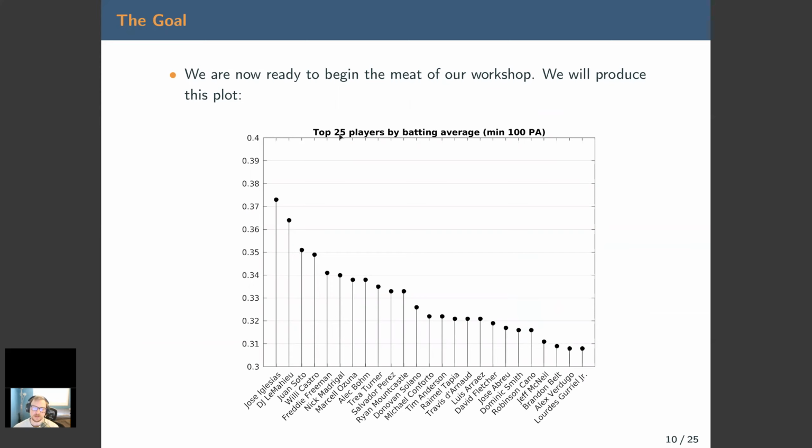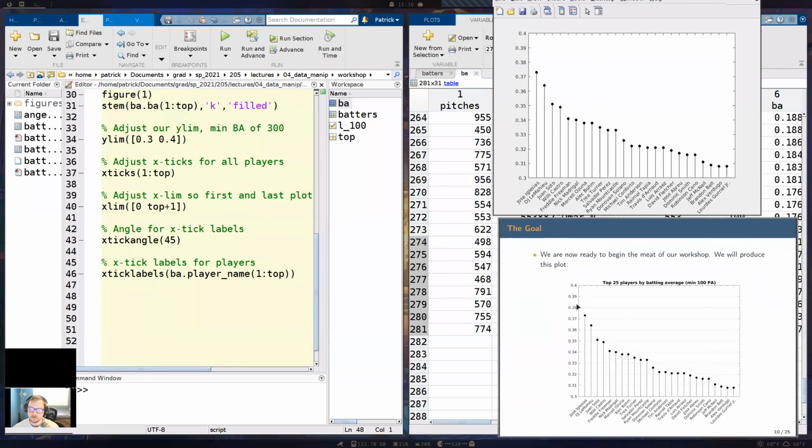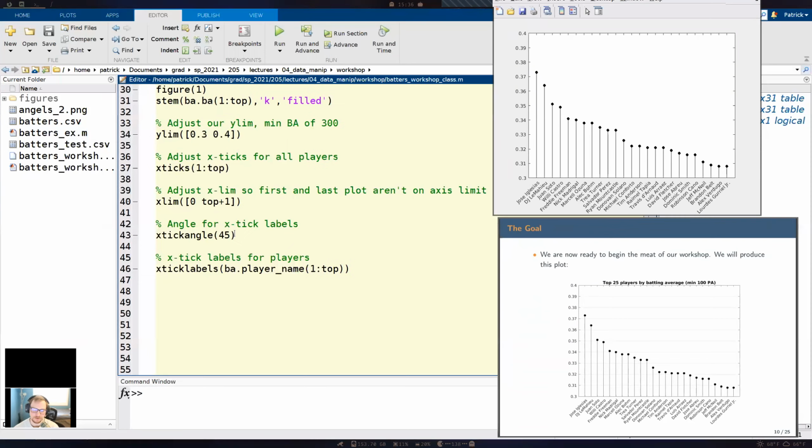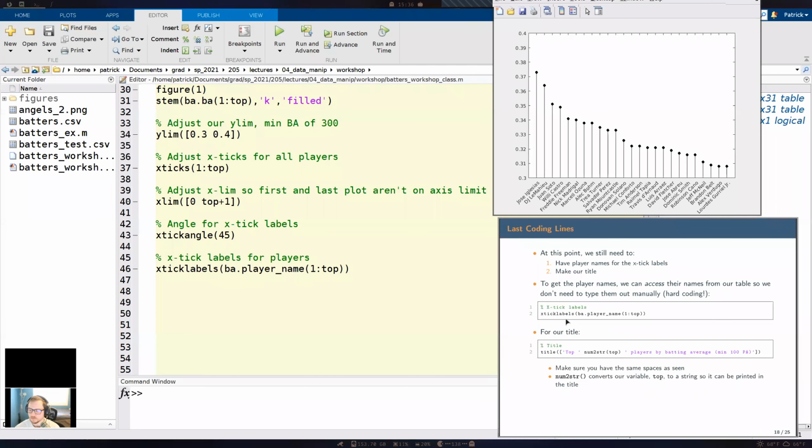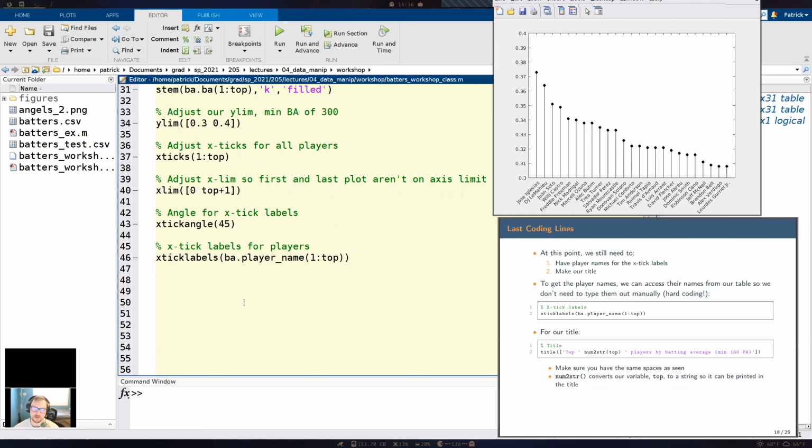So we don't need to even type out in our title 25. Because again, if I want to update this to the top 50 players at some point, I don't want to have to retype out my title. So we're going to be using a new function, called num2str. str stands for string.